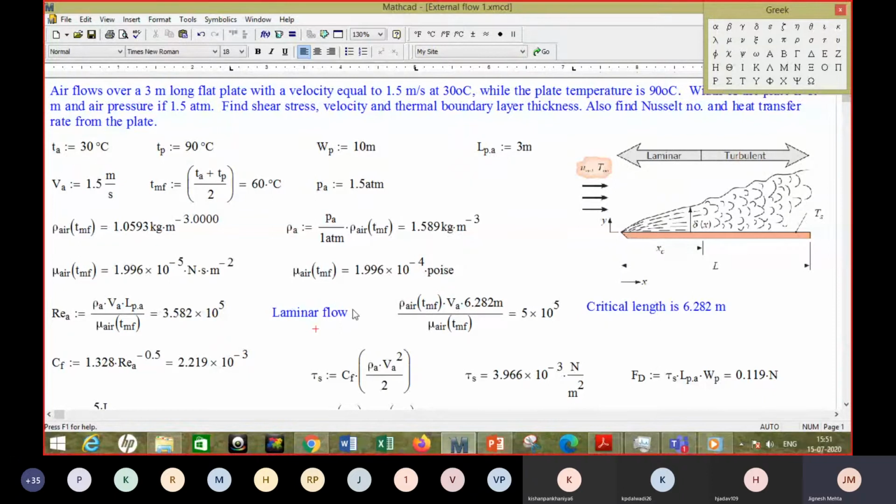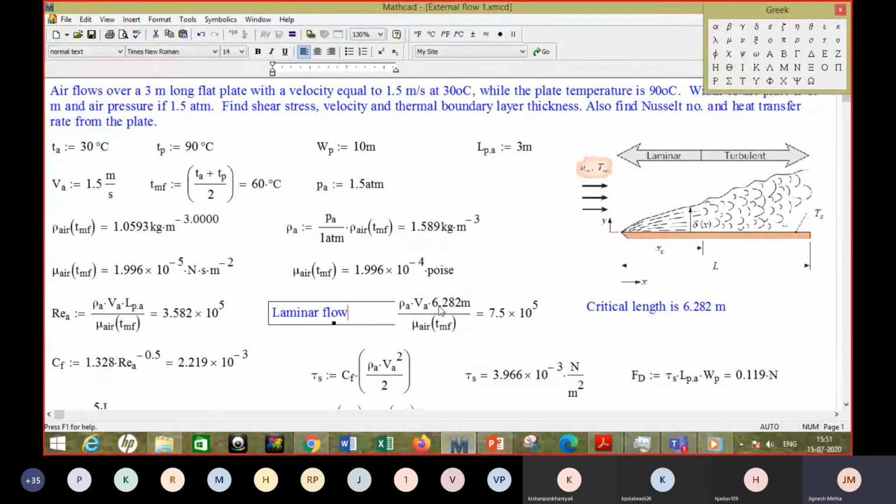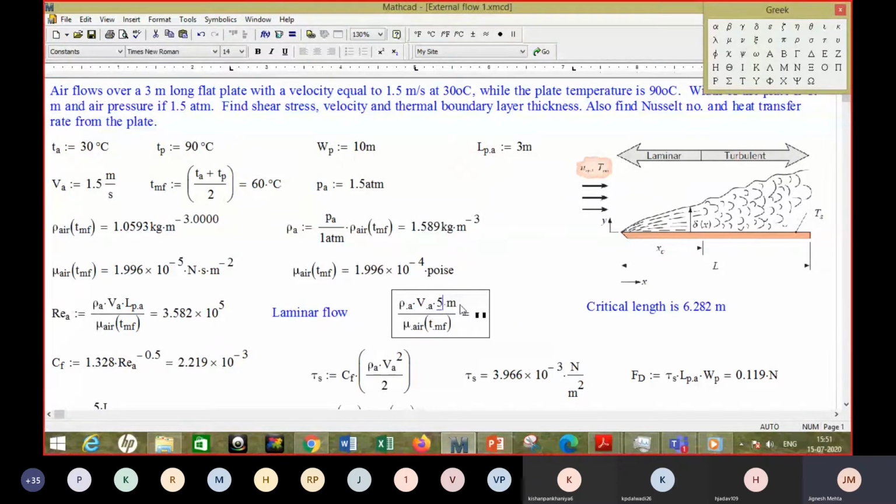So I even have to change the value of the density here, right? With that only I'll be able to tell you the critical length of the plate. So it is less than 5 meters actually, right? Let me see how much it is. It is between 4 and 5, right?